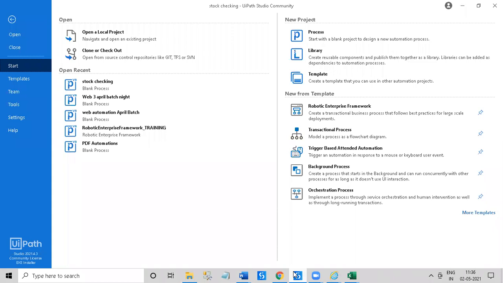In order to download, we can directly download. This is a freeware tool. We have to log into the UiPath Cloud platform. We have different cloud-based web applications from where we can easily download UiPath Studio as well as UiPath Orchestrator.